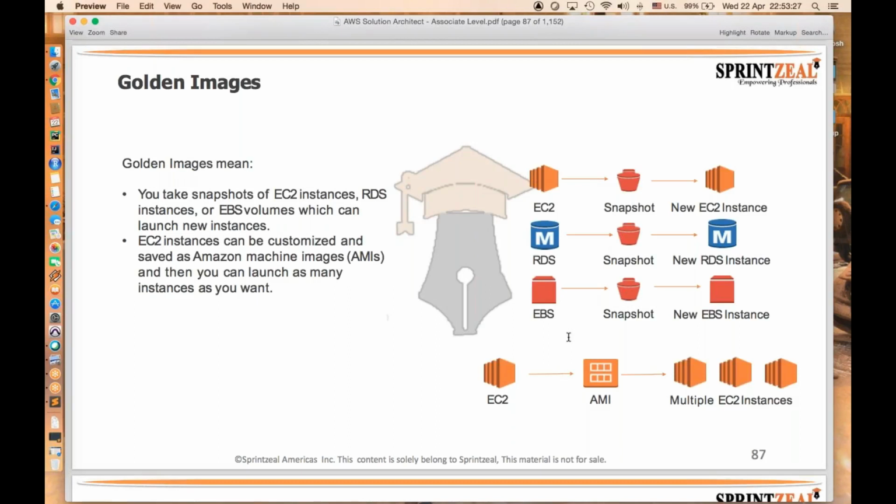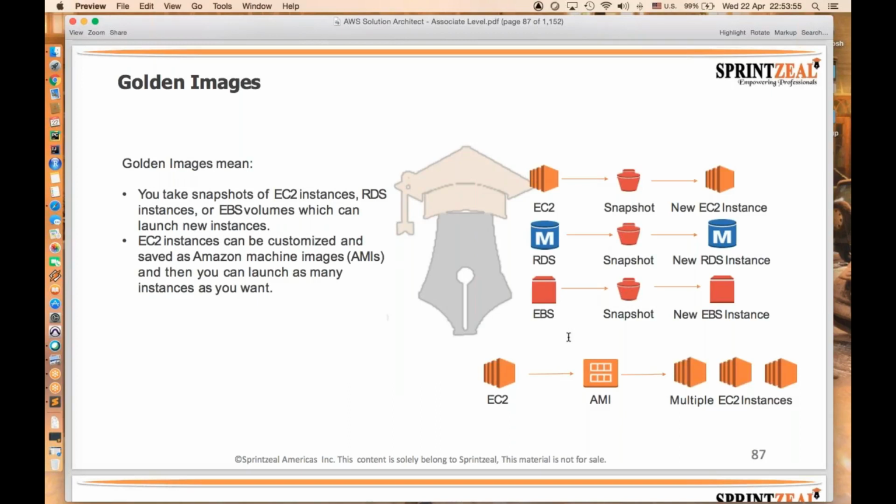And all these EC2 instances can be customized and saved to Amazon as AMIs, which are Amazon Machine Images. All the images will be stored periodically, and whenever you want to see the state of the EC2 instances or RDS instance or EBS volume, how much volume a particular server has used, and what is the availability of the volume in that particular server.